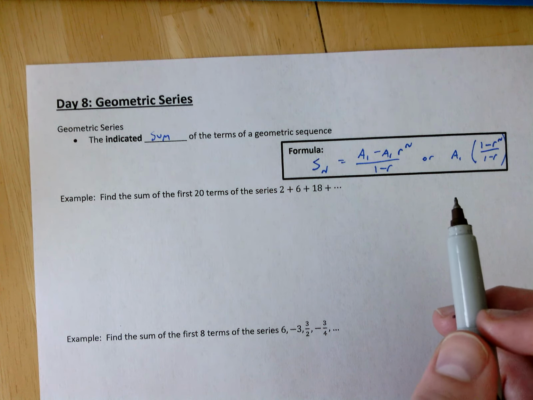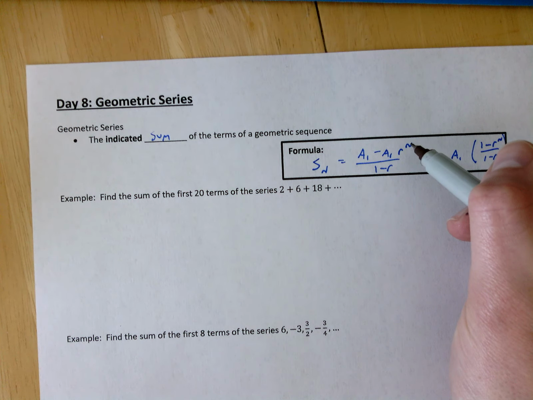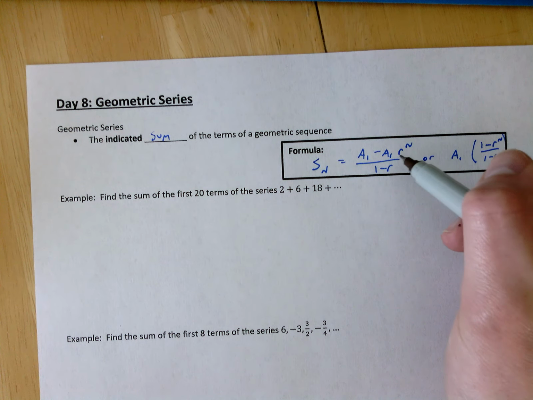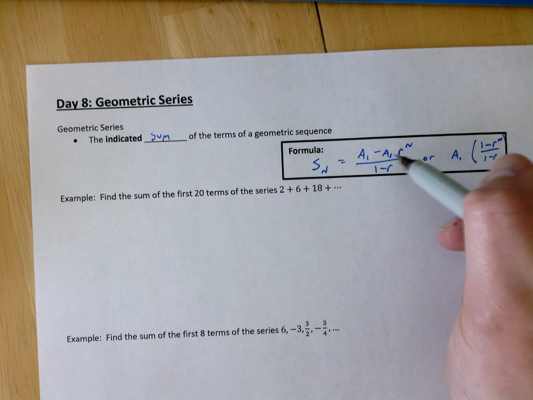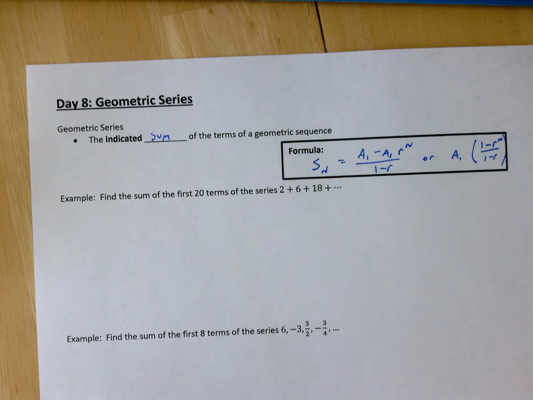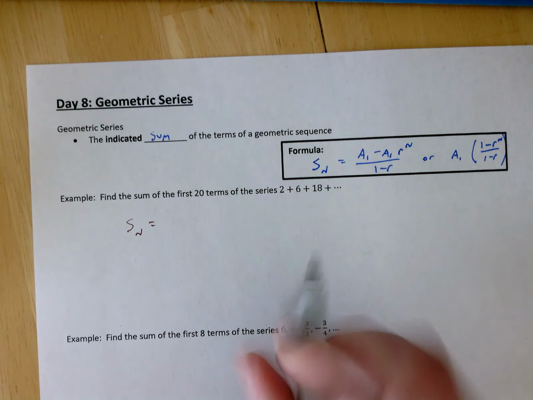Nope, I'm wrong. Okay, that was dumb. Let's think about that for a second. This is an r sub n. Why am I saying r sub n? That's clearly an exponent. It's r raised to the exponent, not r sub n. That was dumb. So I don't need to figure out what r sub n is. I just need r raised to the nth. So cool, we don't need to figure out any extra work. My bad. So using this formula,